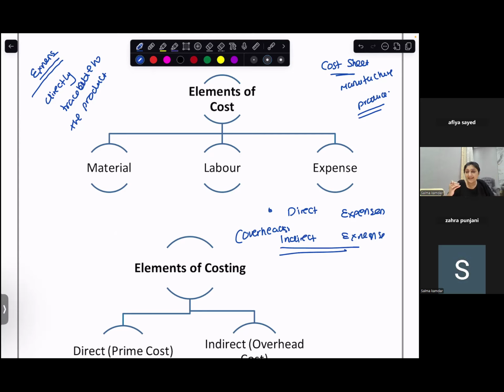Like when I look at an ice cream, I can identify what all things have gone into it. Milk, flavoring, color, fruit, and the person who made that ice cream. That goes in indirect cost? But without the person putting the ice cream on the cone, is it possible to have the ice cream? No. So when he is directly associated with the product, it is direct labor.